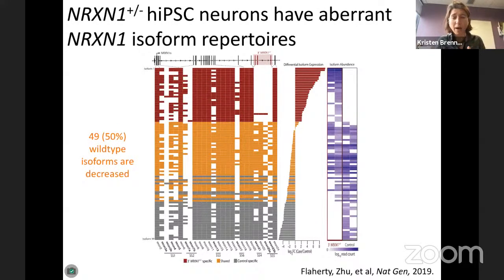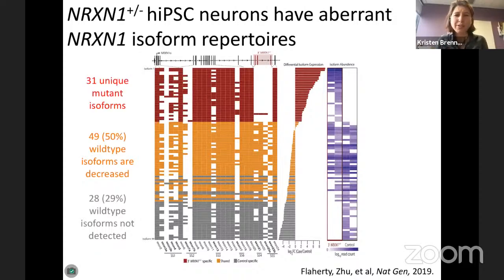Half of the wild-type isoforms are significantly decreased in patient-derived neurons. This makes sense. They are heterozygous deletions. Another almost third of wild-type isoforms are not detected in our patient-derived neurons. And again, these are the less well expressed in controls. So really what you're seeing is that many isoforms are decreased in patient-derived neurons, but you're also seeing this